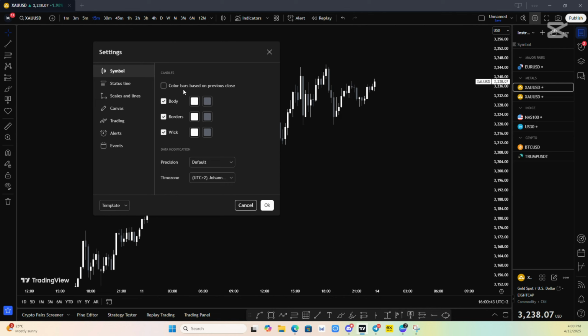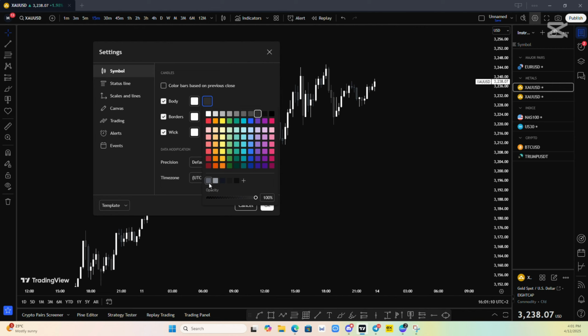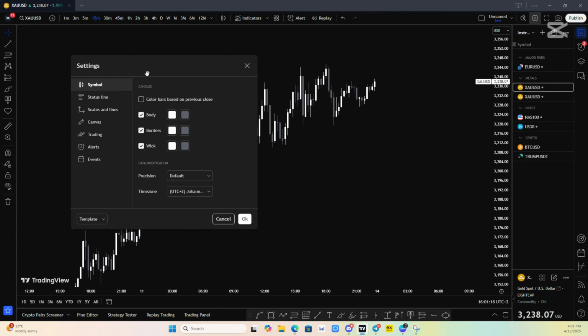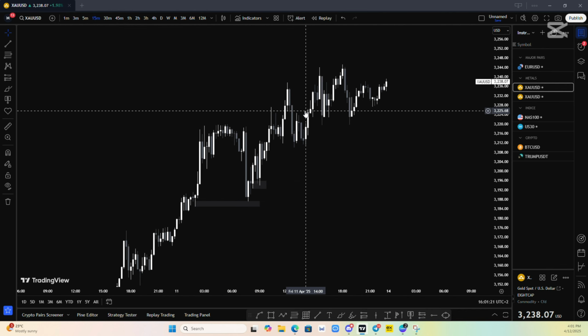My candlestick color did change, but for the body, the left side of your body, borders and wick, they remain white. For the right side of these ones, you can just copy and paste this color code and click on add, and then it should change to that color there. I think that's pretty much it. Now moving on